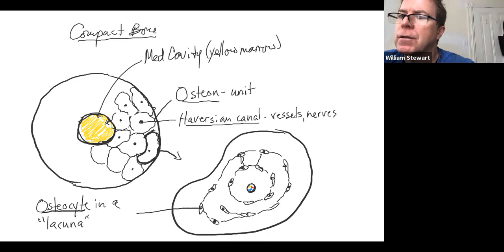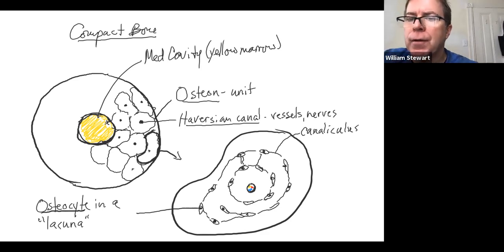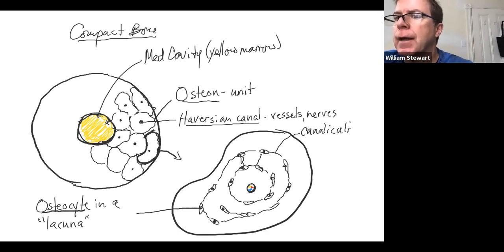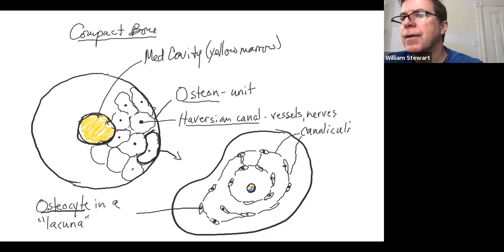Those little canals or lines are called canaliculi. That's Latin for small canal. Canaliculus is singular, it means one. If I put an I at the end instead of a US, that just means more than one. So canaliculi, I'm going to point to two of them, are just small, tiny canals